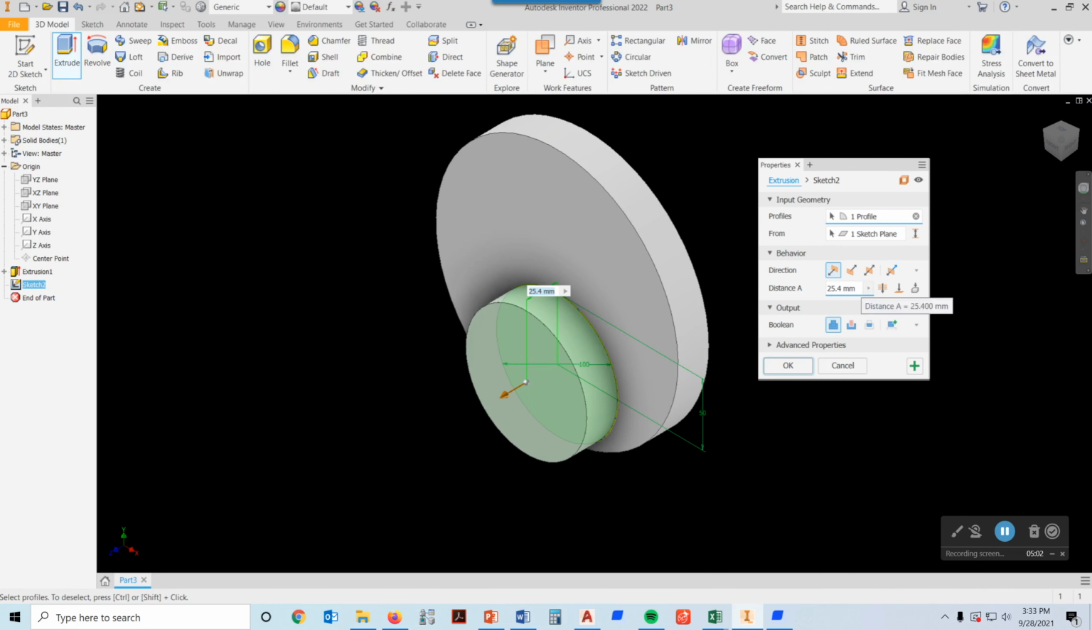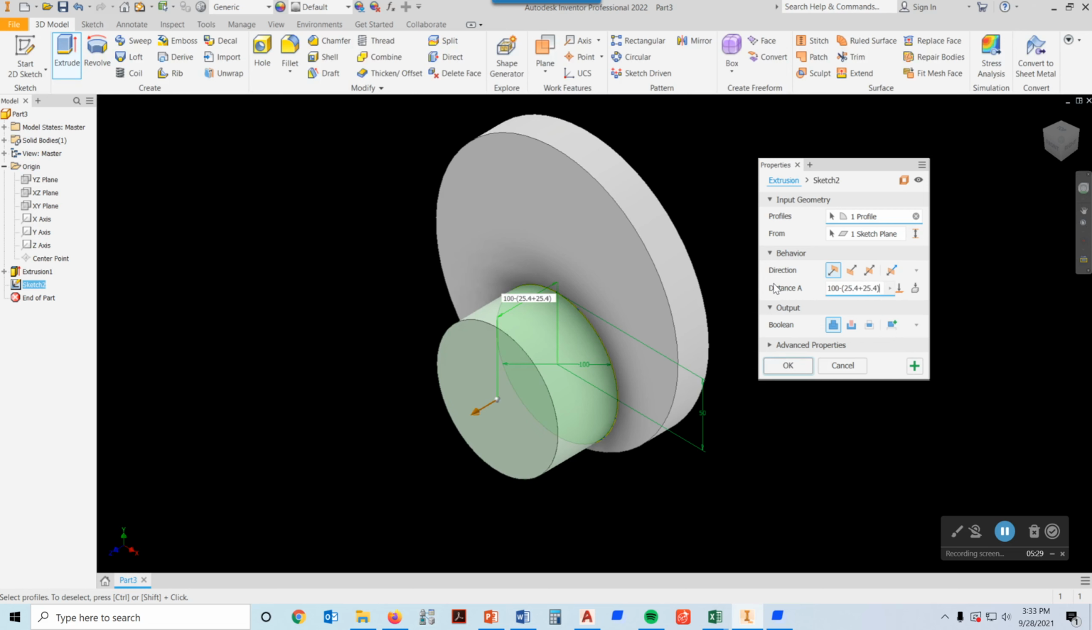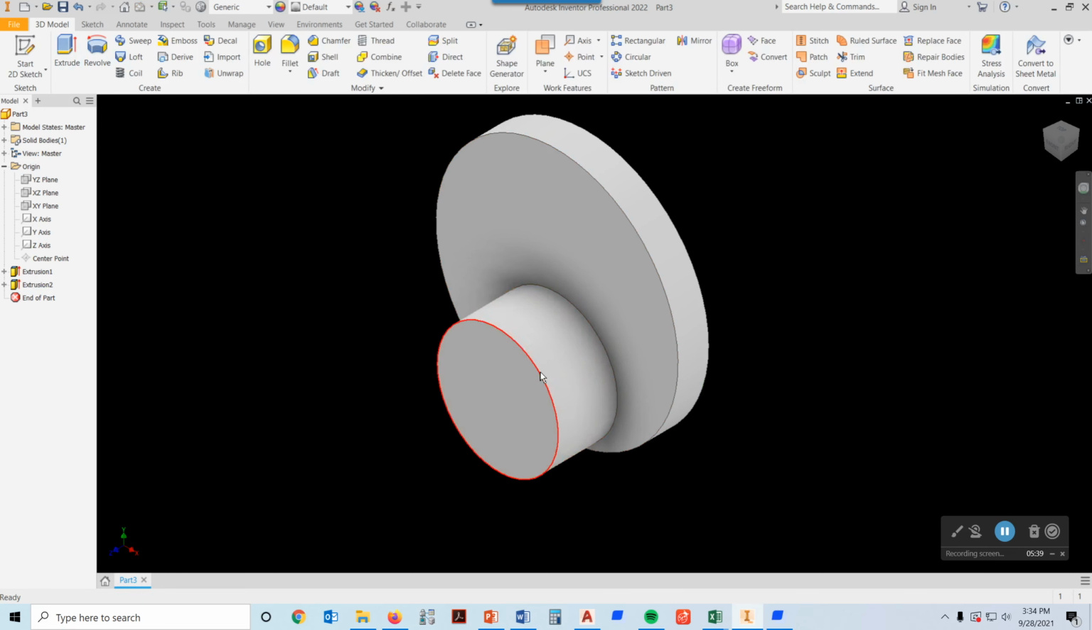And for the extrusion distance right here, I'm going to type 100, because that's the total thickness of this part, minus, and then in parentheses, I'm going to say 25.4 plus 25.4, and then close the parentheses. So you can see 100 minus 25.4 plus 25.4, and press enter. And so that is how thick this